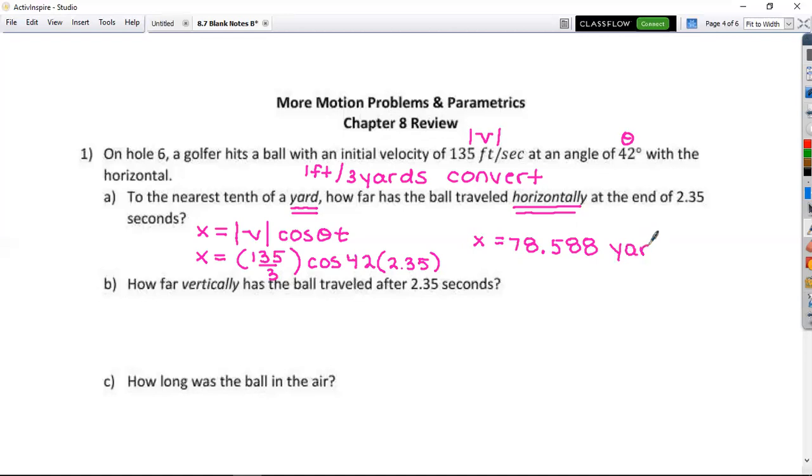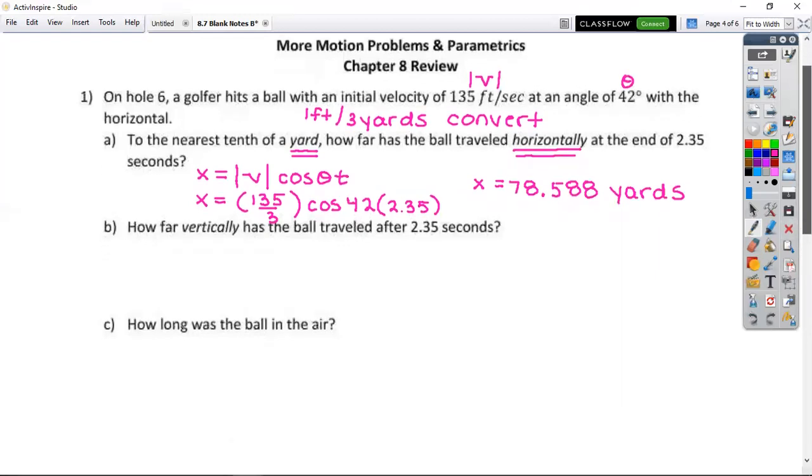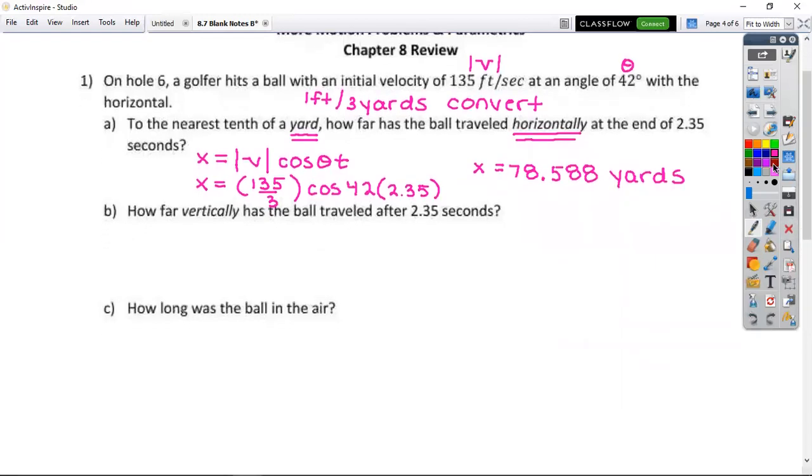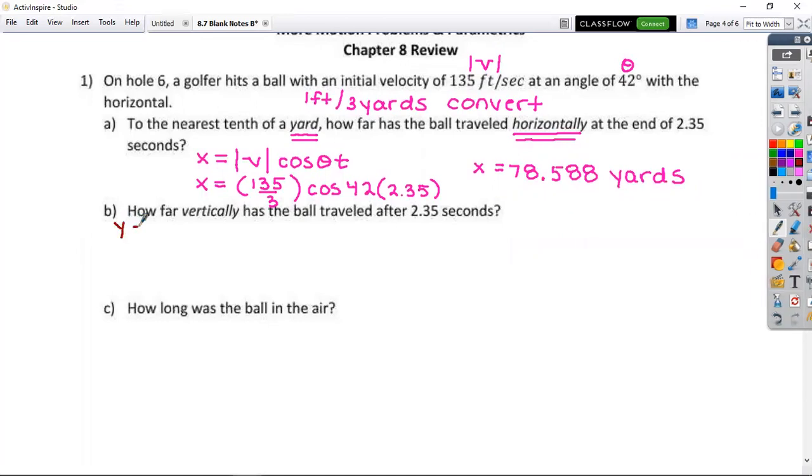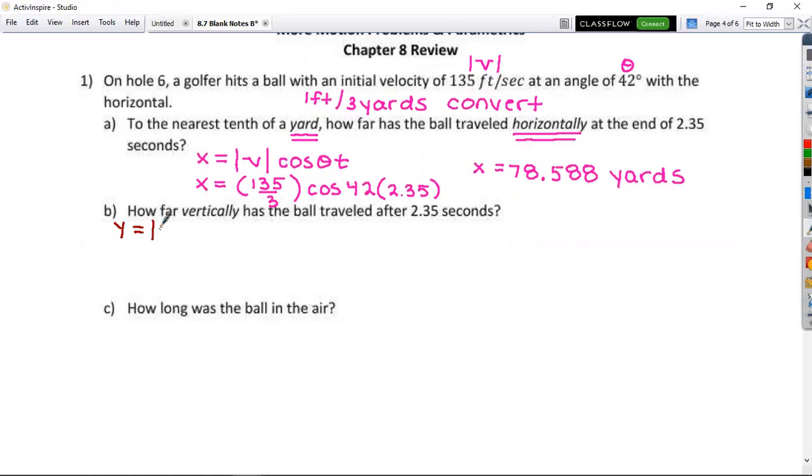So this one is established in yards because I don't think your next one is. Your next one doesn't say anything about that, so you can go back to just your feet. Okay, so letter B. Now how far vertically has the ball traveled after 2.35 seconds? And I didn't have you do this one to the nearest yard, so you don't need to use that converted answer anymore. So formula for vertical. So you're going to go y is equal to the magnitude of your velocity, and you're going to go sine instead,